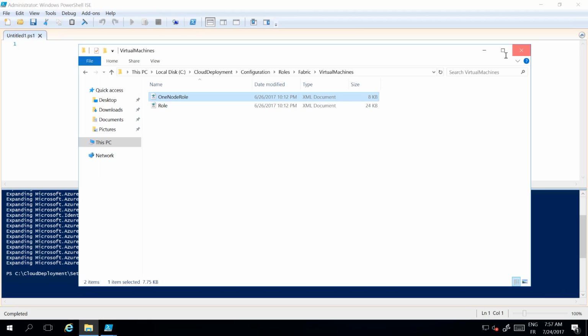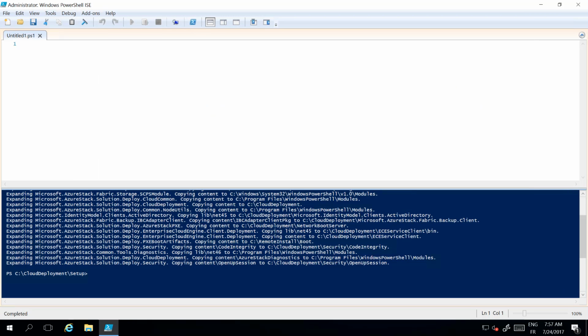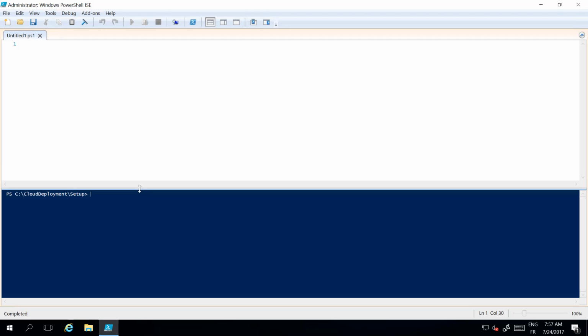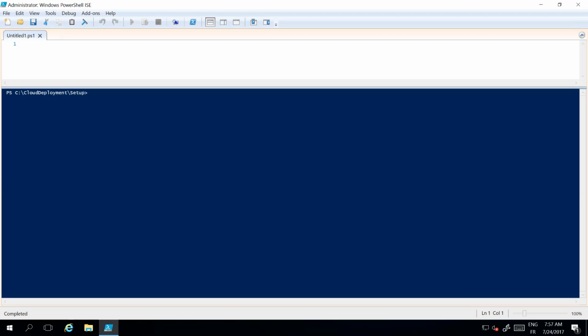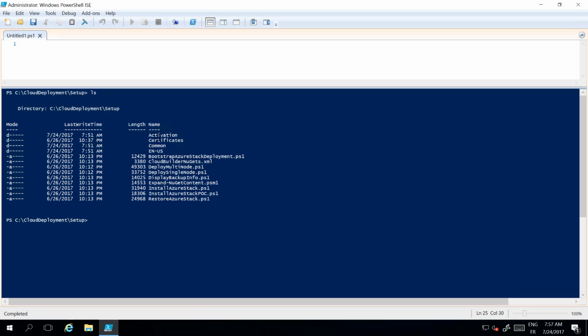So at this moment, I think we are ready to start our Azure Stack POC deployment inside Azure. So what we need to do is clear this for the moment, and navigate to setup. Let's list the different files that we have here, and we will run this file. I will be running it. So let's install Azure Stack POC 1,